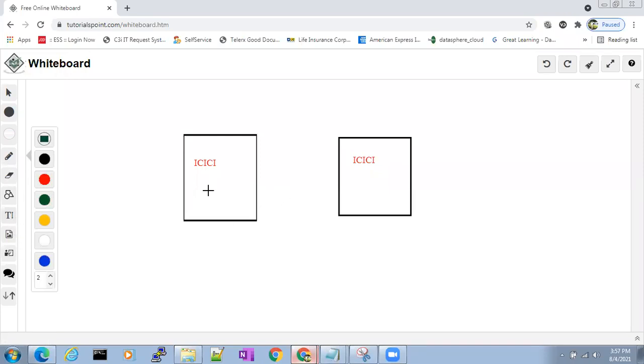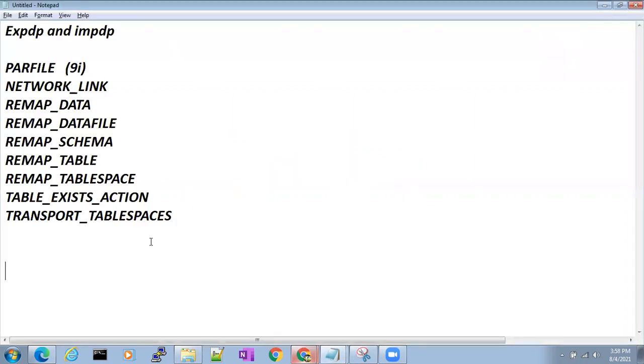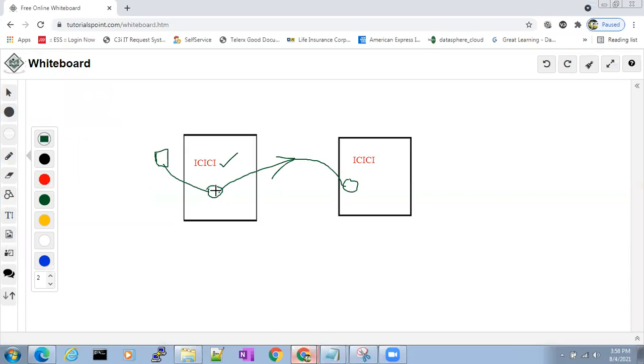Very good. So there is one user here. There is one more user here. And users are connecting here. A user will connect to this user of the database in this server and has to talk to the user in this database. So we need to establish a database link here. If you are doing import, IMPDP with the help of network link, with the help of database link, how will this user connect to this user with the help of database link?